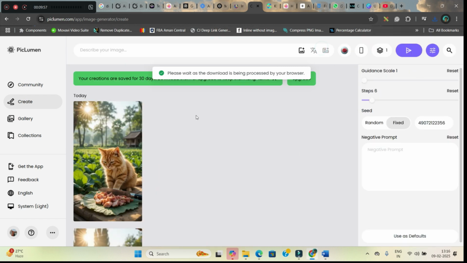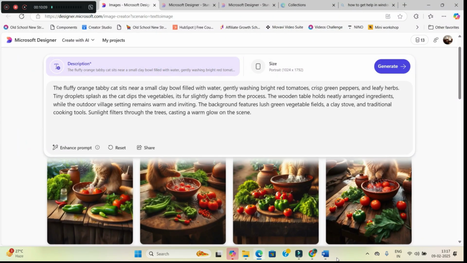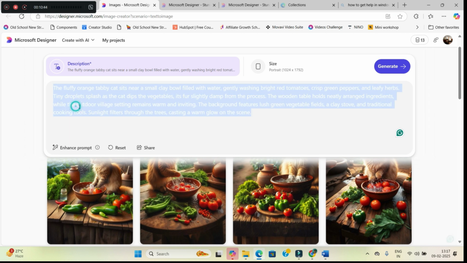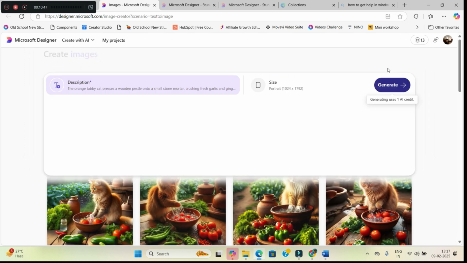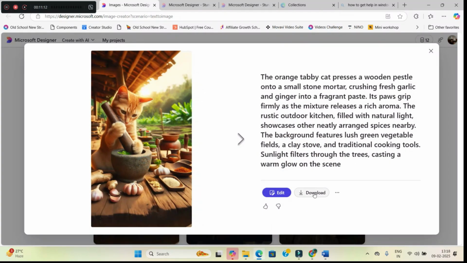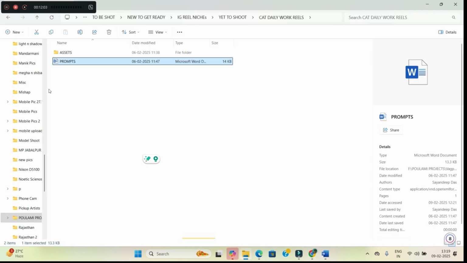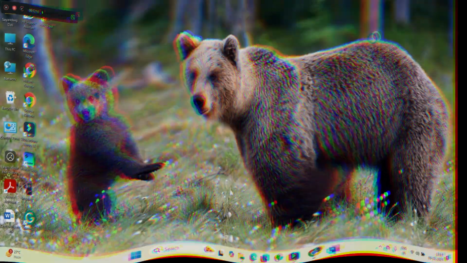So out of these three options, whichever software gives you the best result, you go ahead with that software itself. Okay, let me try Microsoft Designer with one more prompt so that we can compare. Now Control A, Control V, remaining other things will remain the same, hit generate. Beautiful images they've generated. So I will go ahead and download this. As I told you, after every scene there is an animation option. So one particular step is very important here: to number the scenes. Images are ready. Now let us move forward to create the videos.